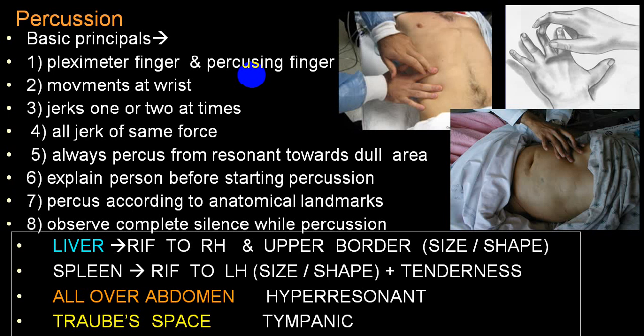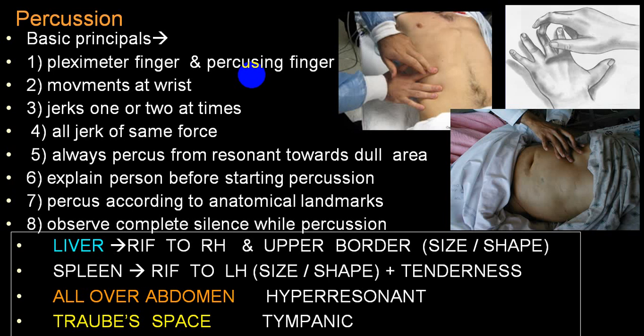Another principle is that your anatomical localization of organs should be very clear. What type of structure is below where you are percussing? Always go from a resonant area towards a dull area. The meaning of a resonant area is that a structure containing air inside, where you are percussing, will give rise to a resonant sound,